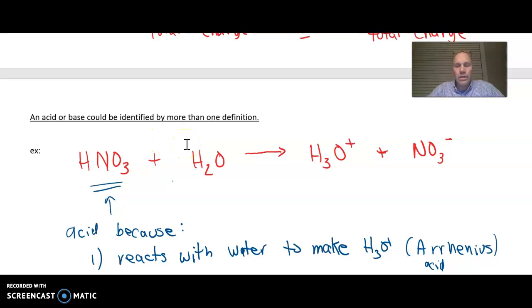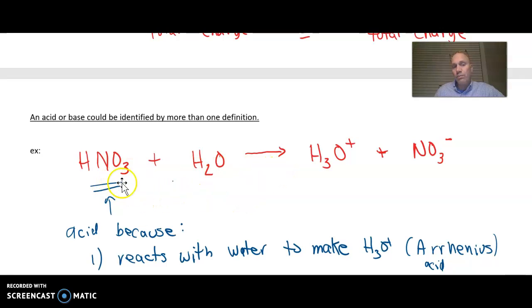So in the previous video, we gave two different definitions for what you could use to identify something as an acid or a base. There was the Arrhenius definition, but then there was also the Bronsted-Lowry. And I first want to start off in this video by pointing out that an acid or a base could be identified by more than one of those definitions. All right. So for example, if I were to show this reaction right here and just say what role is